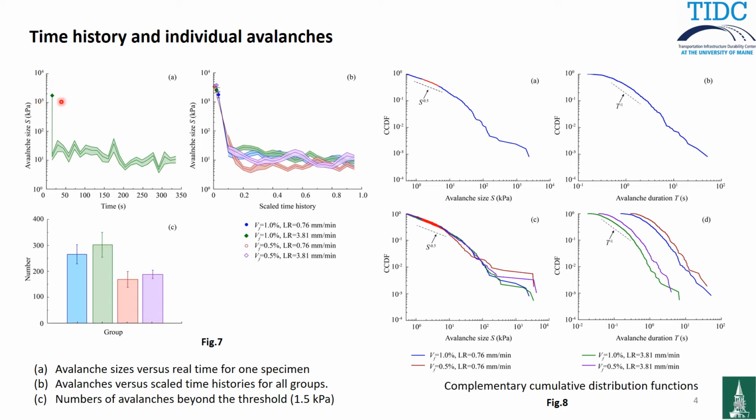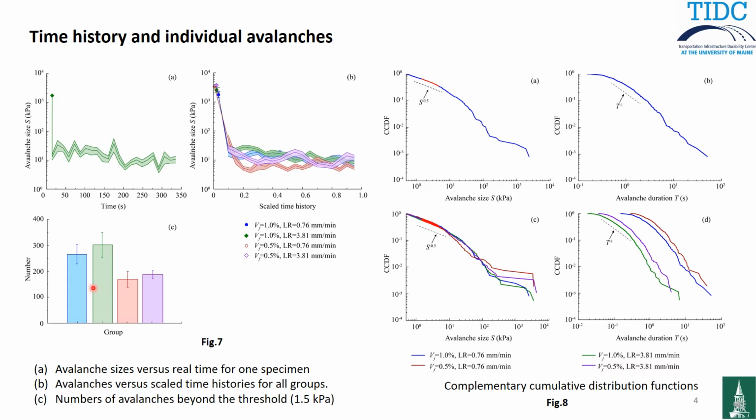So if we look at the results like this, initially we have a relatively large avalanche, but as time goes by, the magnitudes of the avalanche size remain constant. Avalanche size here means the difference between the starting and ending points of the avalanche. And if we overlap the results from different groups, we also found this: you have a large avalanche in the beginning and relatively stable avalanches after that.